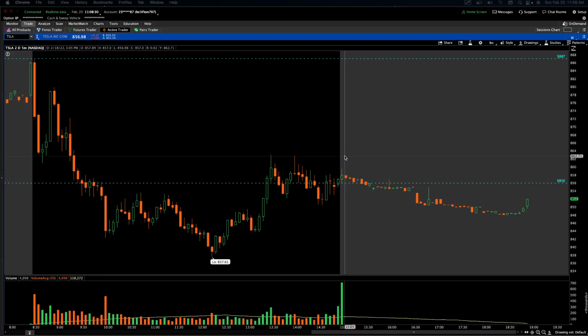Okay, so let's go ahead and get started with today's session. What we're going to go over today is a strategy called the opening range